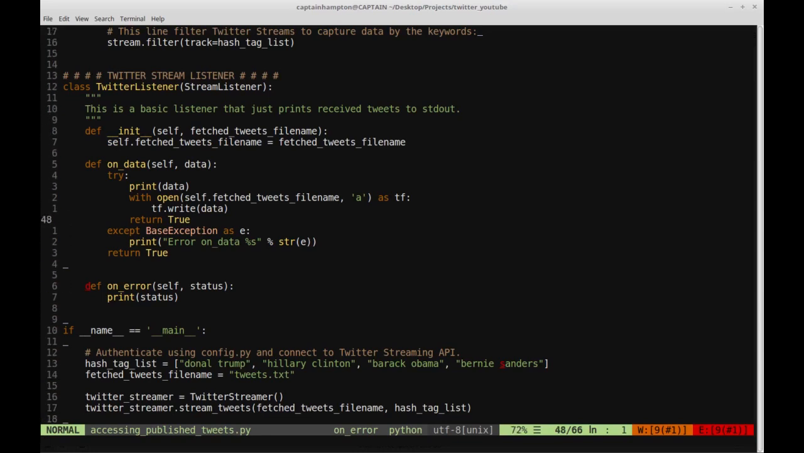The next thing I want to mention that I didn't before that I thought would be worthwhile to point out is this on_error method. Now I did touch on this in part 1 of the video, and I did say that if you encounter an error while you're streaming tweets, this method will be triggered. And in this case, what we're doing here is we're printing the status message of the error. But we might want to do a little bit more checking here, namely